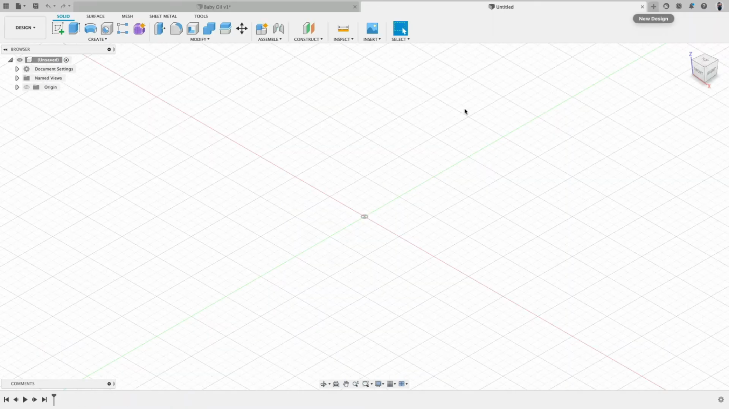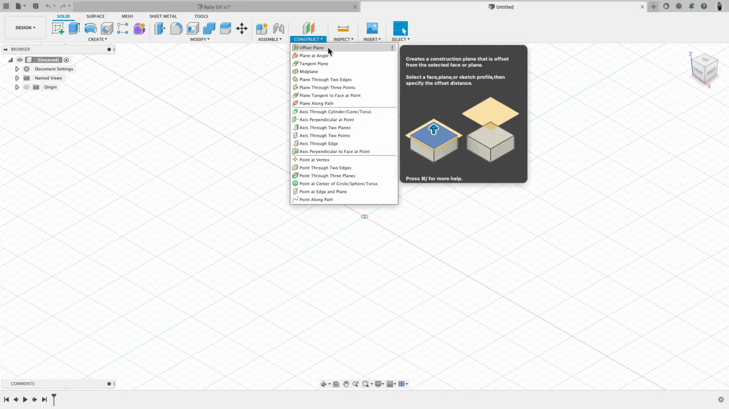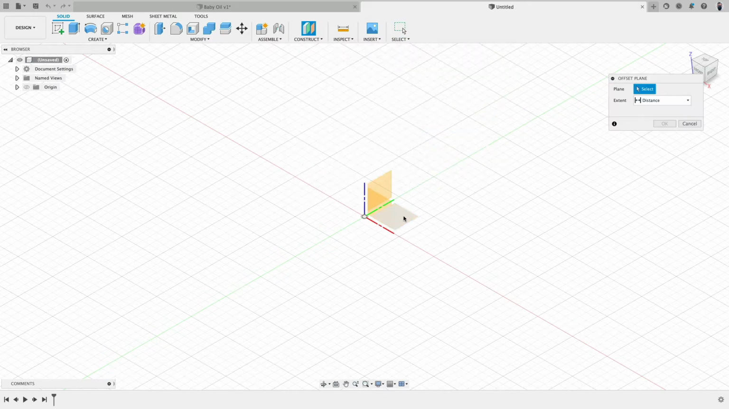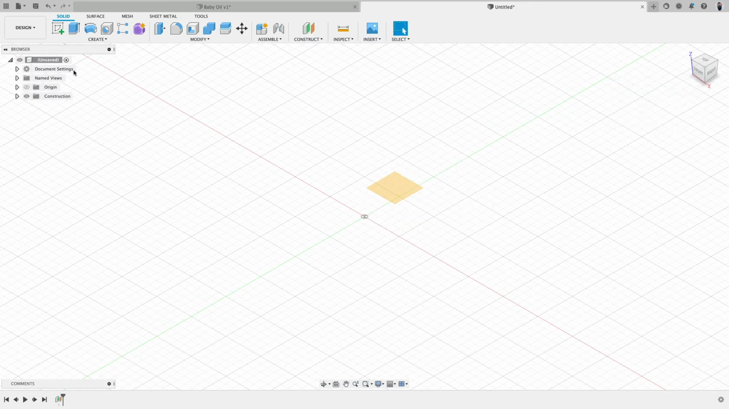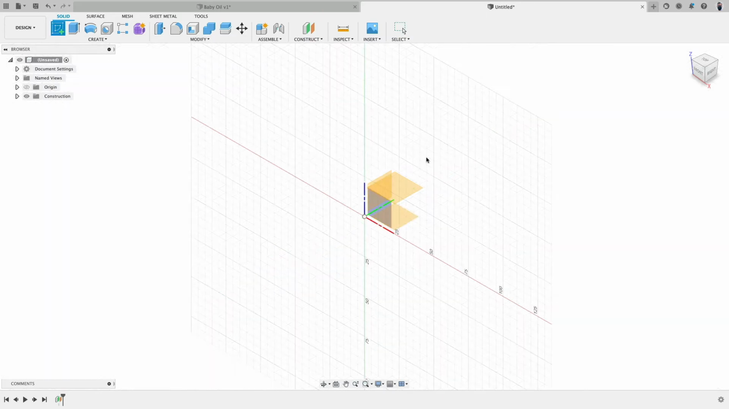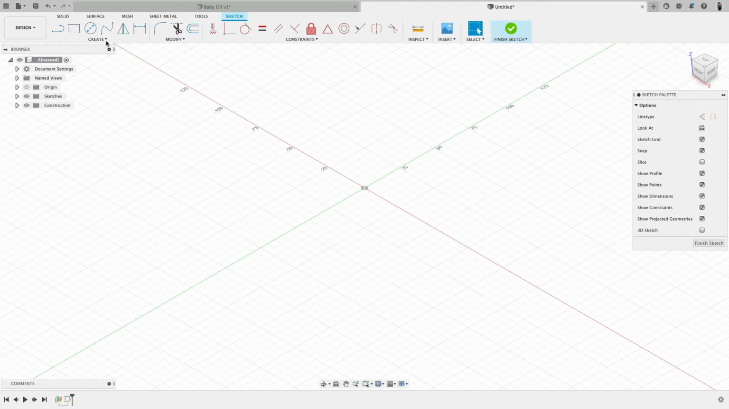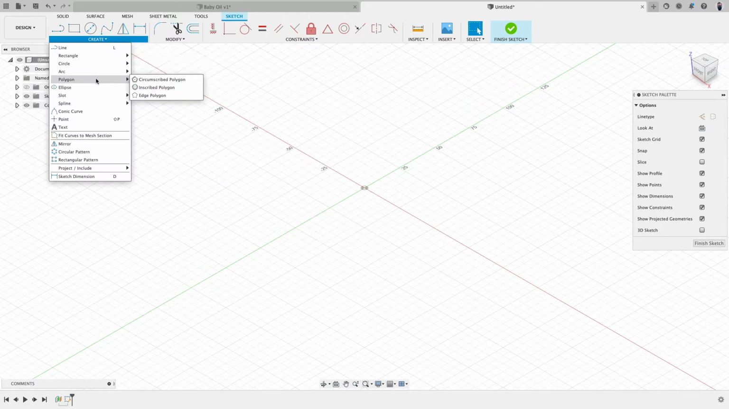Very good. Okay, so let's make a new design. We make sure this is in millimeter. Very good. And we will start by creating an offset plane here, and then we move this one up 18 millimeters. Then create a sketch on it and go to